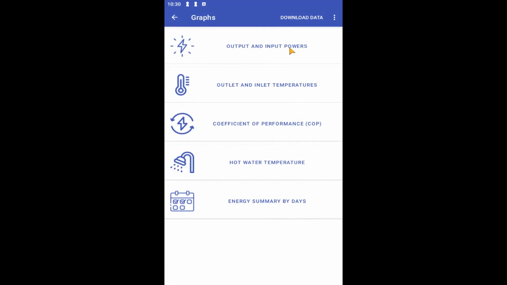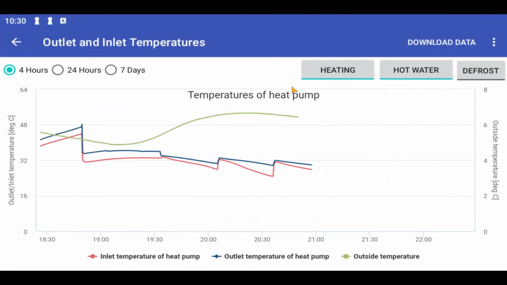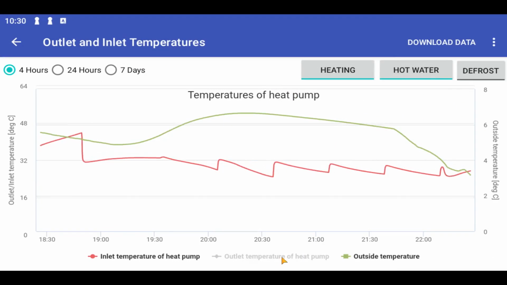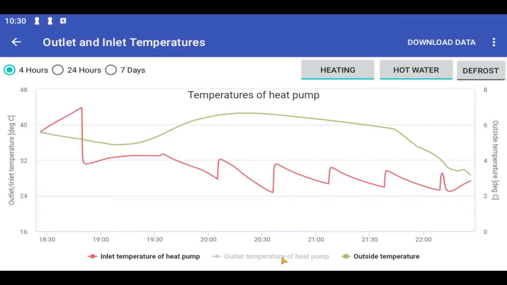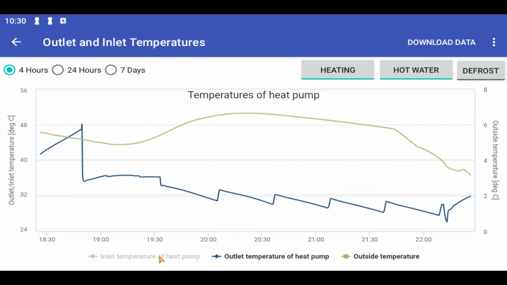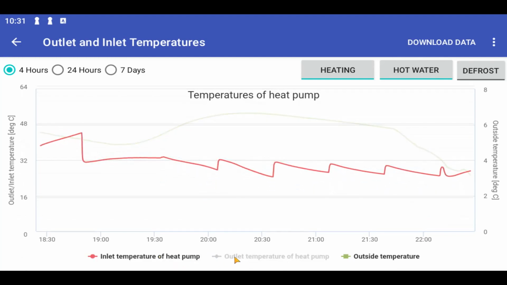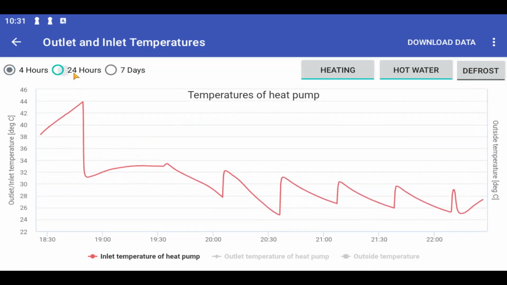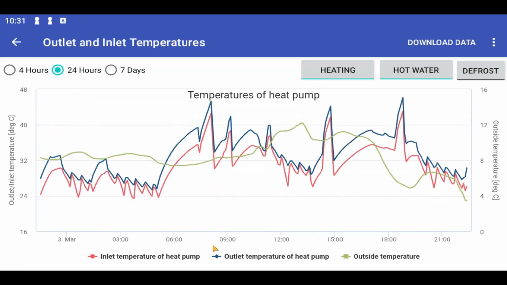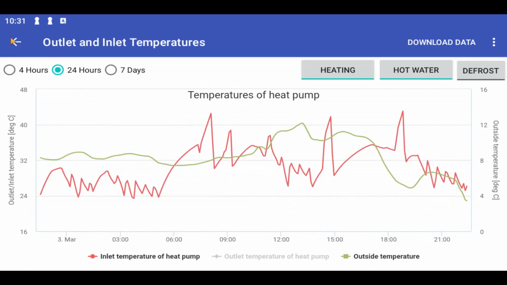Another one is, for example, the temperature progression, which we see here, meaning outdoor temperature and return water temperature. You can see that this graph is truly interactive. We can toggle on and off, we can have a time perspective, so these graphs are truly interactive. Everyone can look at what interests them here.